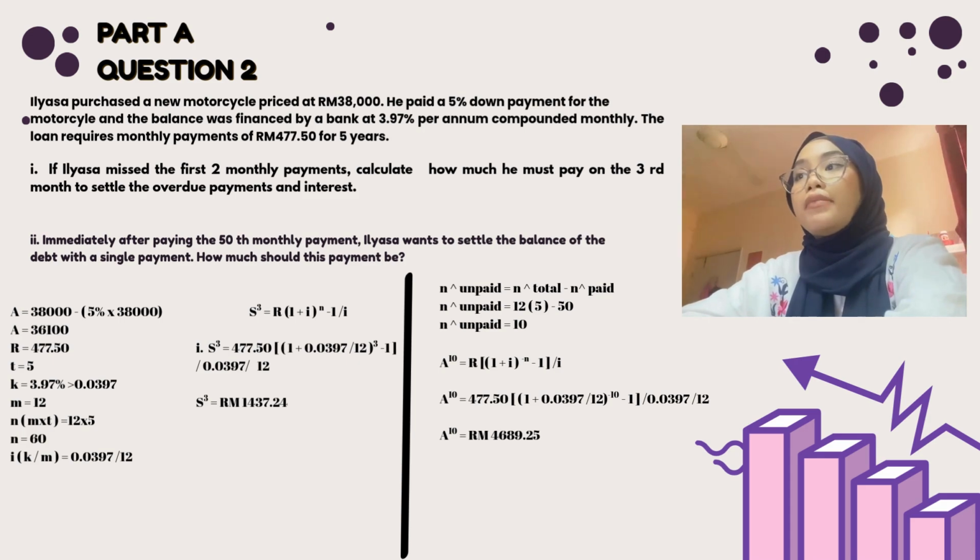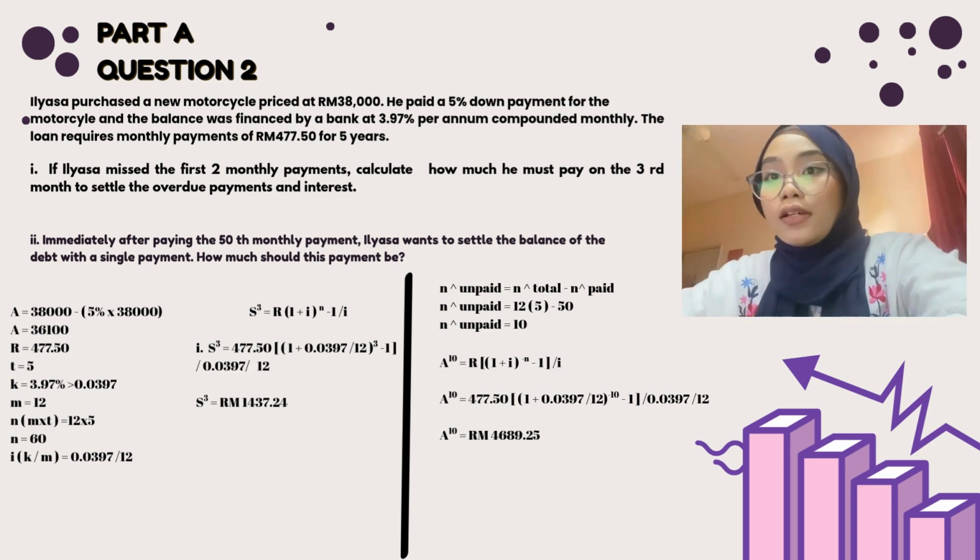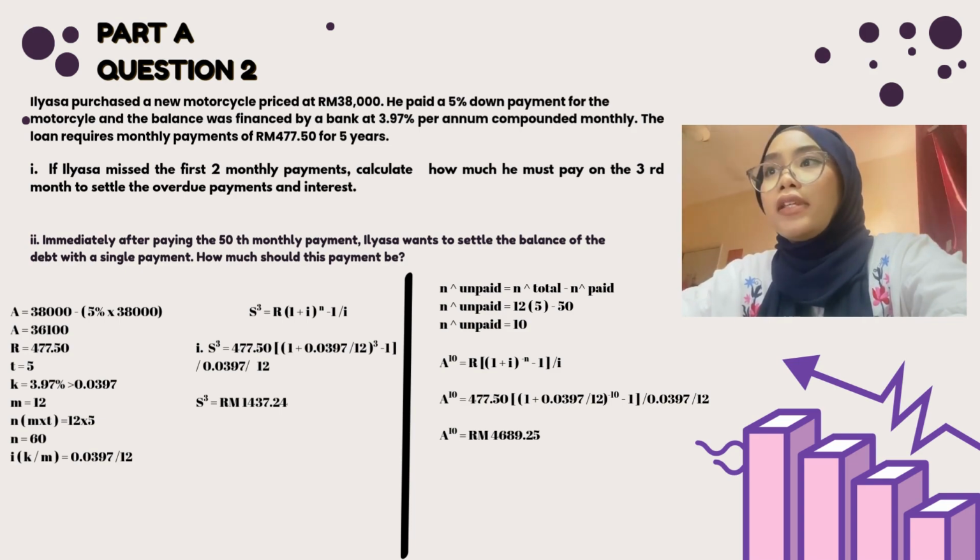First, we need to calculate the amount of two missed payments accumulated with interest for 3 months. So we use the future value of an annuity formula, S superscript n equals R multiplied by bracket 1 plus I power n minus 1 all divided by I. So before we calculate, we need to take all the information that has been given. A equals 38,000 minus 5% of 38,000, which is 36,100. R equals 477 ringgit 50 cents. T equals 5 years. K equals 0.0397. M equals 12, which is monthly compound. N equals 12 times 5 equals 60 total monthly payments. I equals